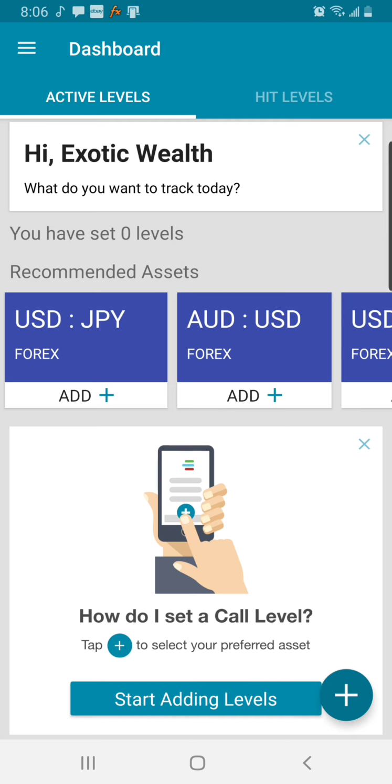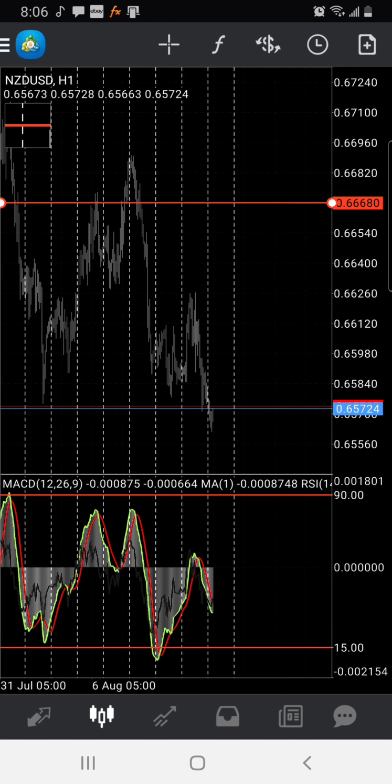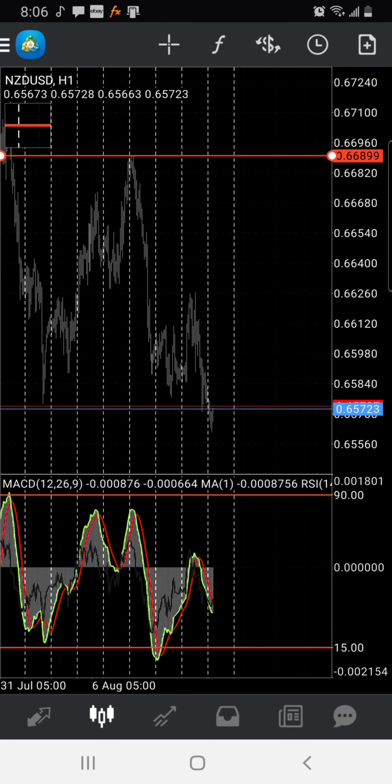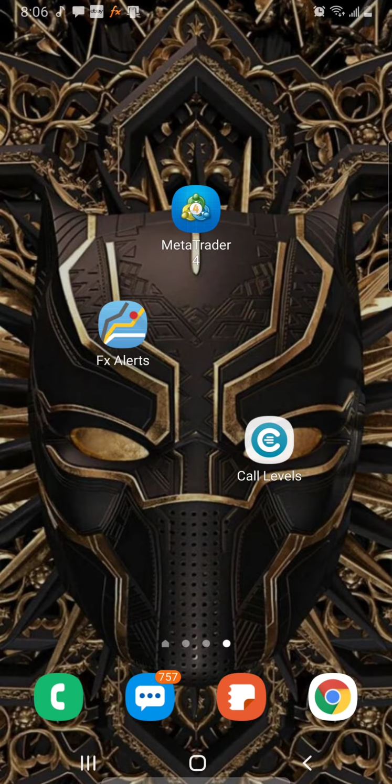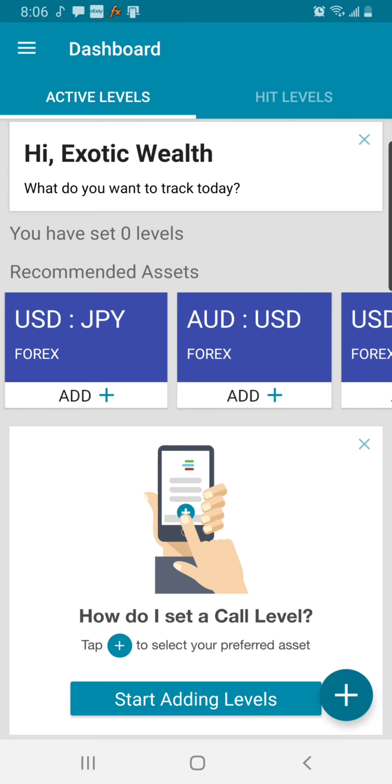So here we go. For example, say I set my horizontal right here, right? Because I'm pretty much saying whenever price comes back here on 0.66910, so pretty much 66,910. So whenever price gets back to that point, I want this app, Call Levels, to alert me on that pair. So here we go. For example, NZD,